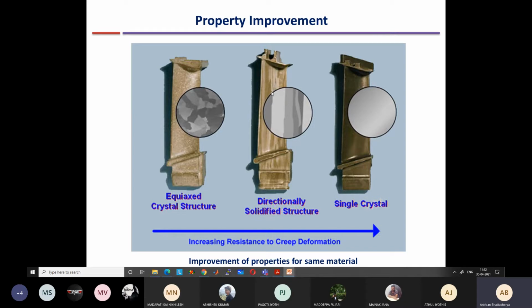For example, steam turbines. Steam turbines are generally much larger than gas turbines. So all steam turbine blades are made using directional solidification. For aircraft turbines, the process has moved forward. Nowadays we use a single crystal, which is even better than directional solidification, because single crystals are also prepared by directional solidification.